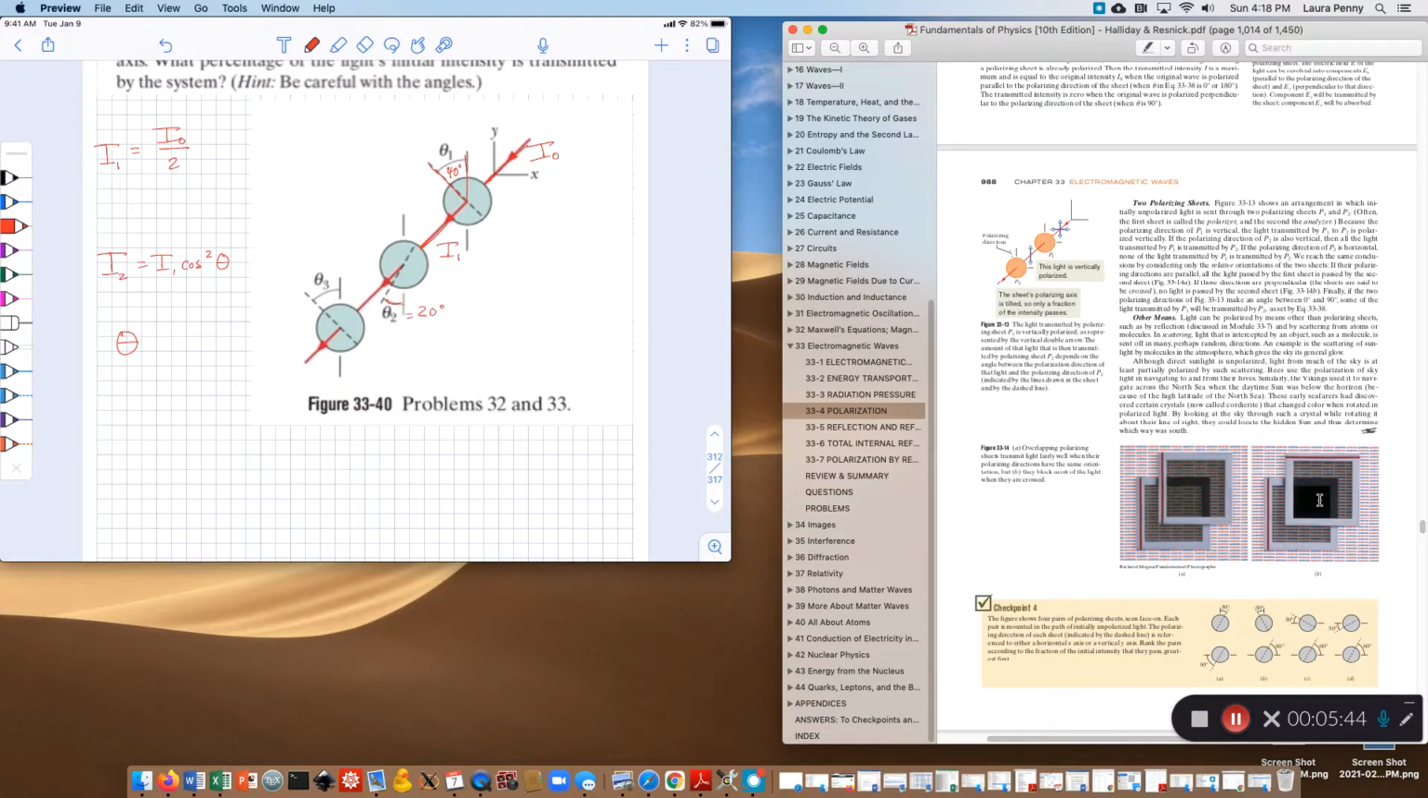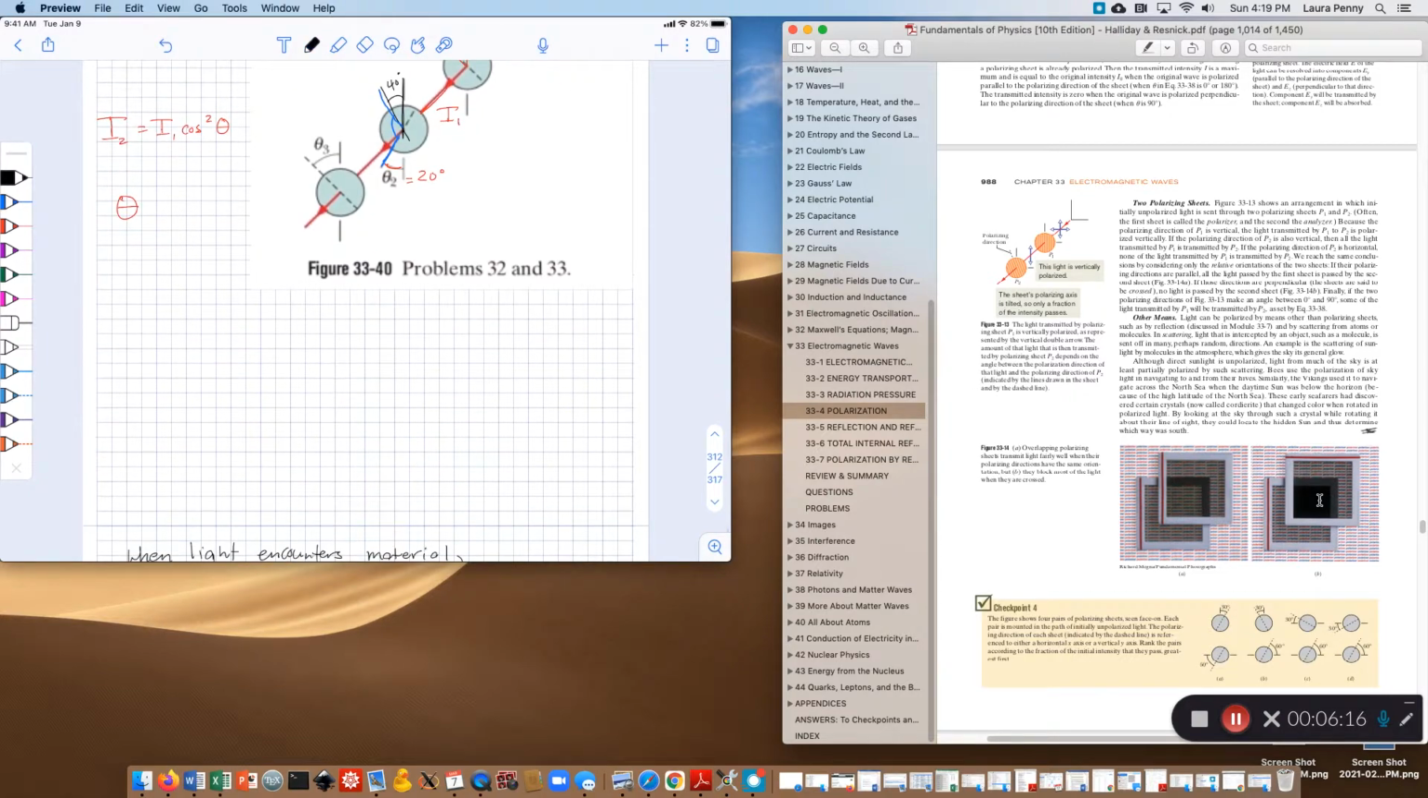So let me draw that, let me superimpose that onto here. So the first polarizer, if this is the y-axis, the first polarizer is at an angle of 40 degrees there. So the angle I'm looking for is the angle between this line and that line. Let's blow this up a little bit. So let's look at that